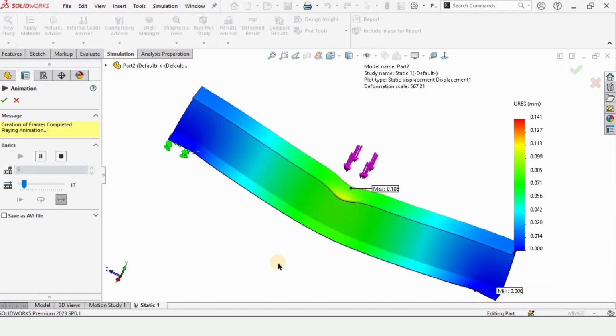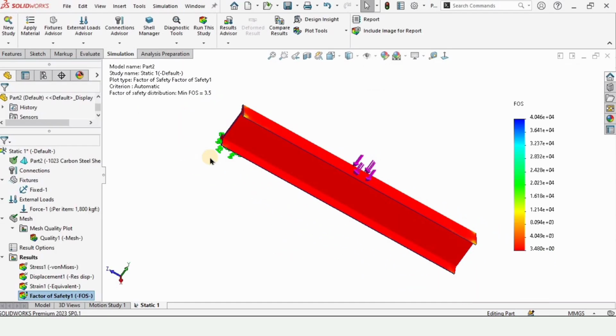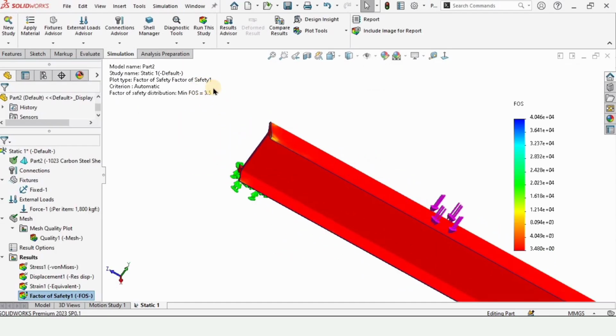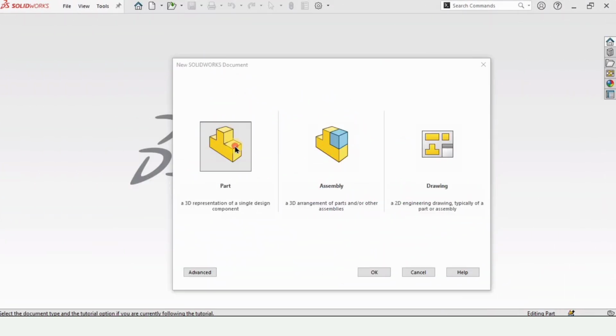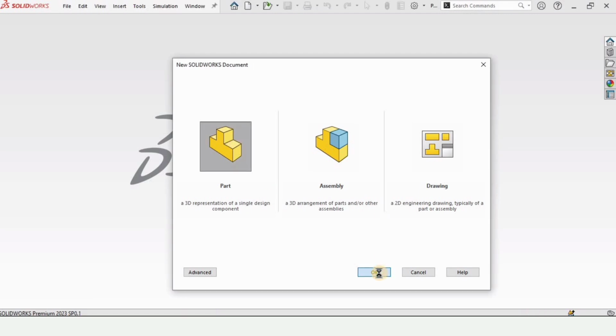This finite element analysis tutorial in Solidworks is about finding displacement and factor of safety for this beam and running this simulation on true scale as well. So let's begin. Click on part and click OK